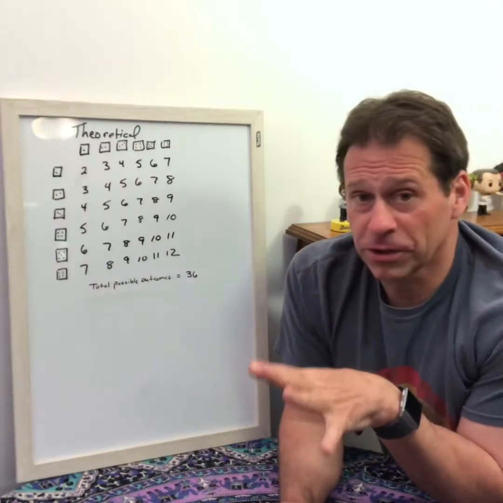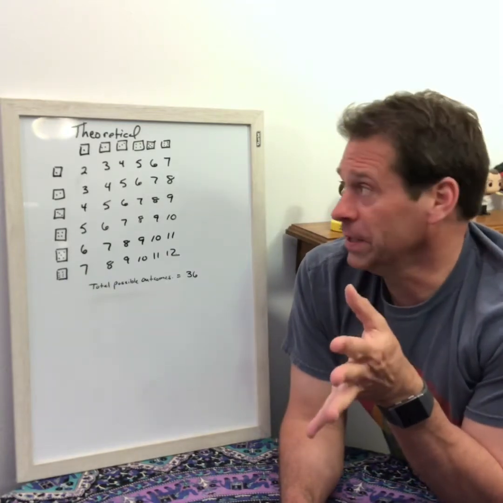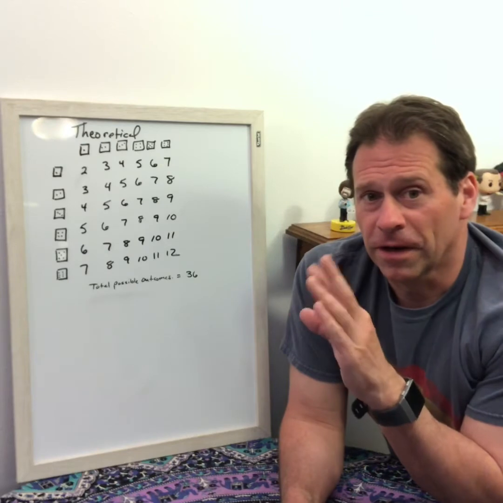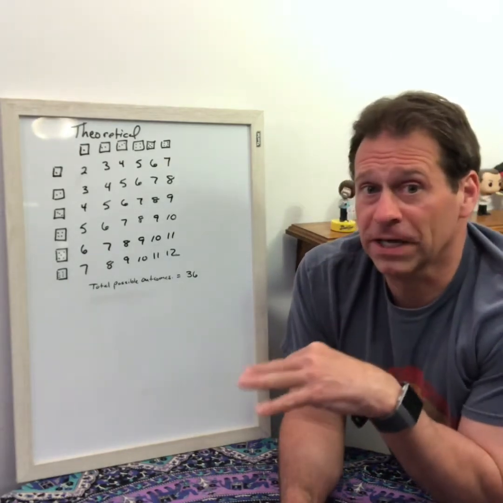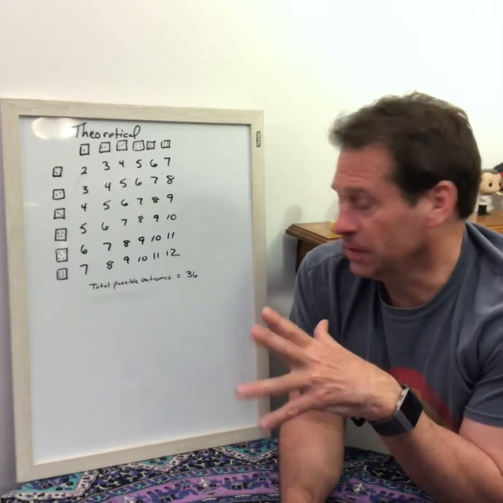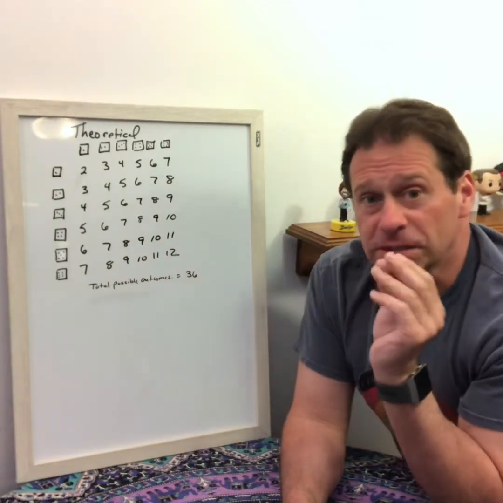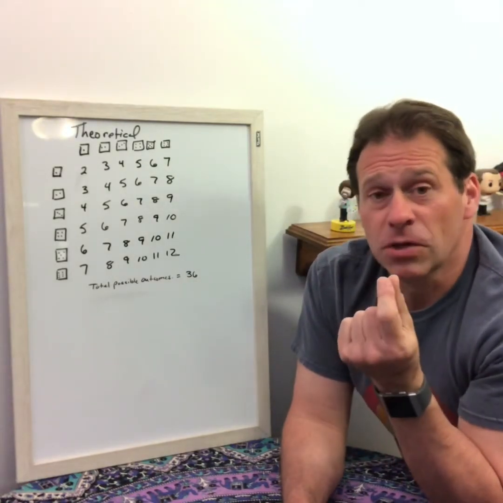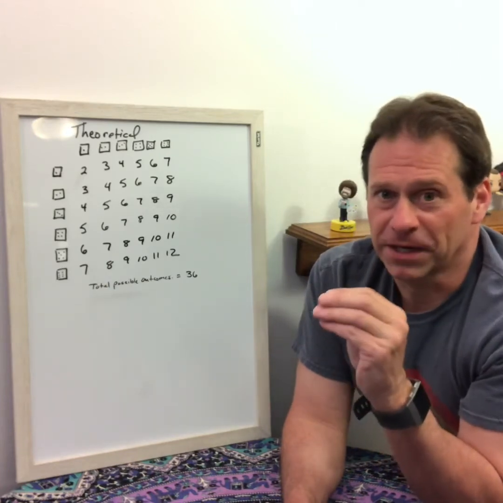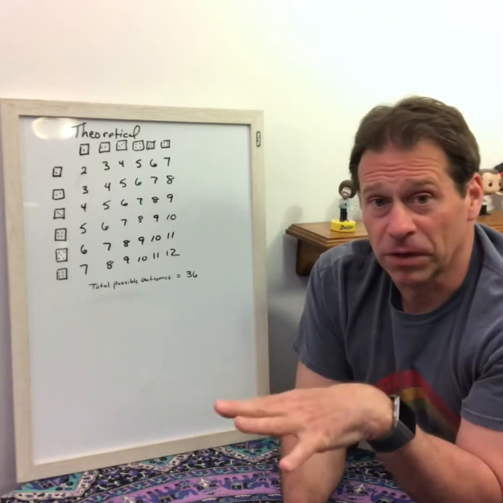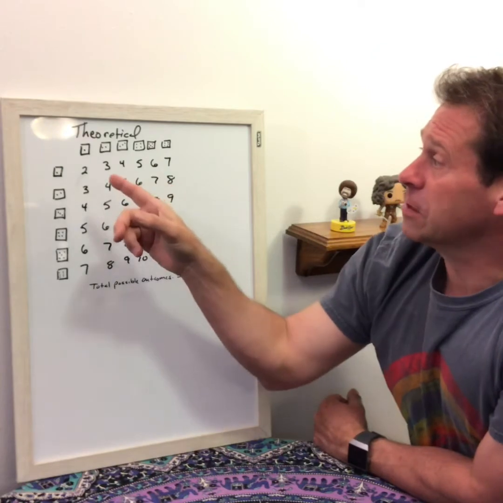Here's how you figure out the probability. The probability as a fraction is always the number of the possibilities of that event happening over the total number of possible outcomes. Outcomes is the fancy term. I have it right here: total possible outcomes. So the top number is how many times what you want to find out about happens, and the bottom number is the total number of outcomes. So if I wanted the probability of a 2,